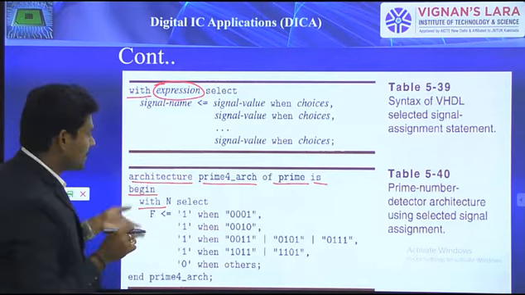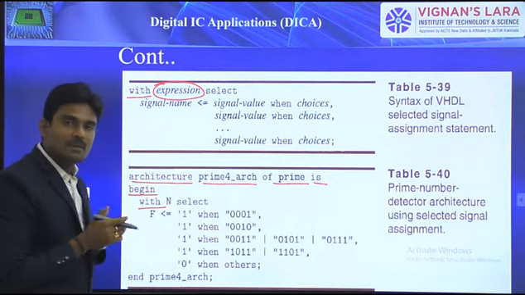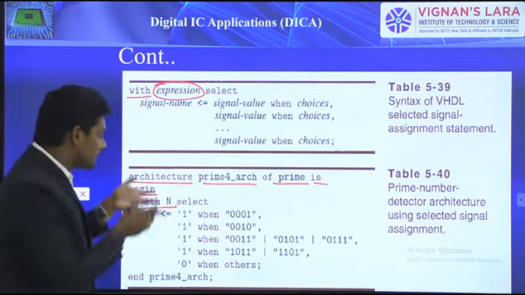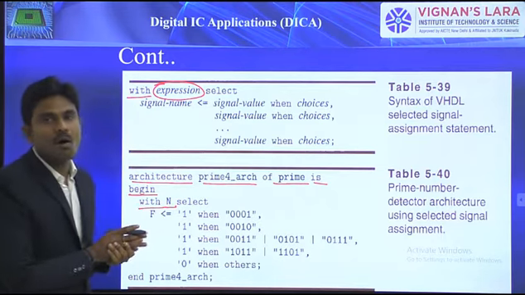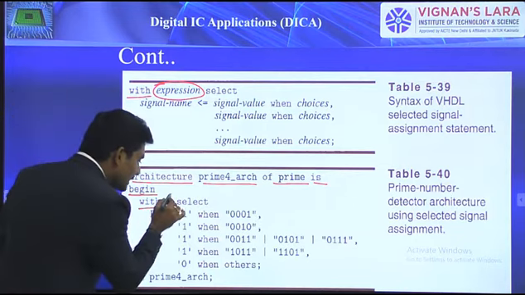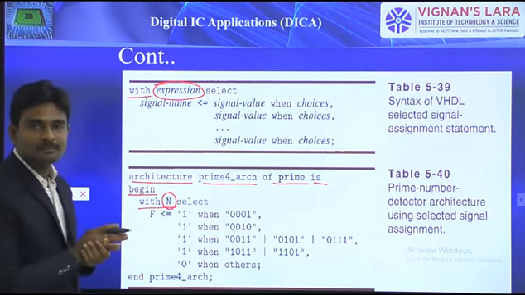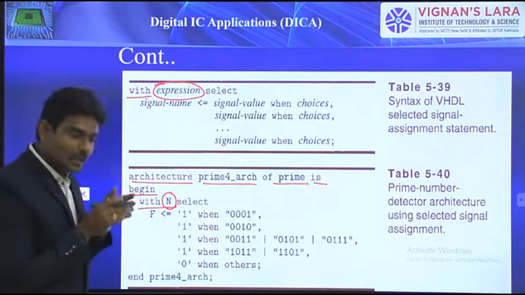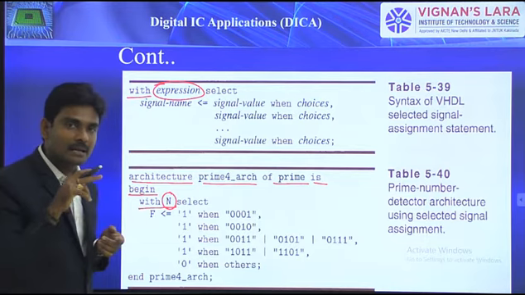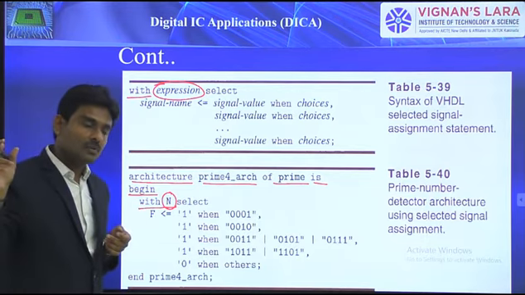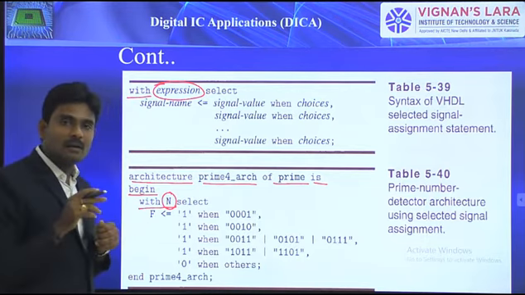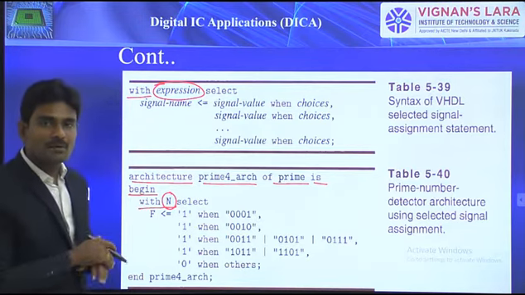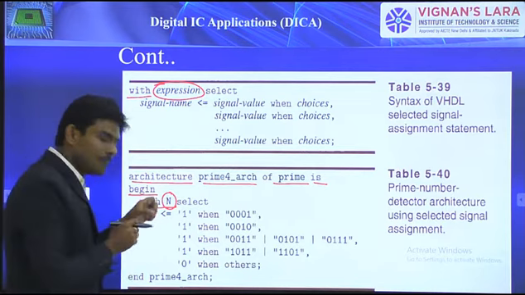So there I am mentioning, if you want to realize a prime number detector, based upon the input data you can mention whether the given input is a prime number or not. Because of that, in the expression we considered the n value, where n represents the inputs itself. In the entity part, we mentioned n in 3 down to 0. So all those 4 array elements we can get over here, all combined.